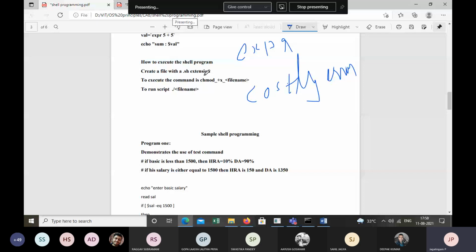People who use a Linux terminal can write the code and save it in a file name, and then the command is chmod plus x, then a space, and then the file name. If you want to run the script, then ./ file name. All right.